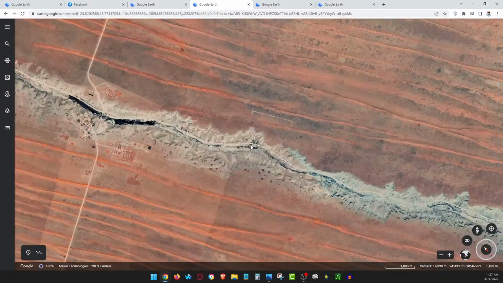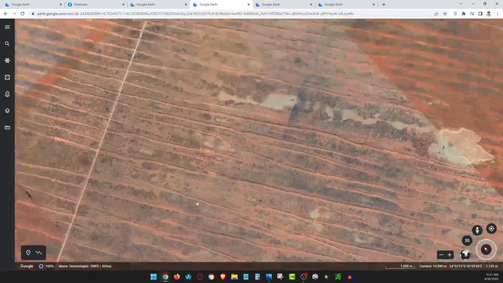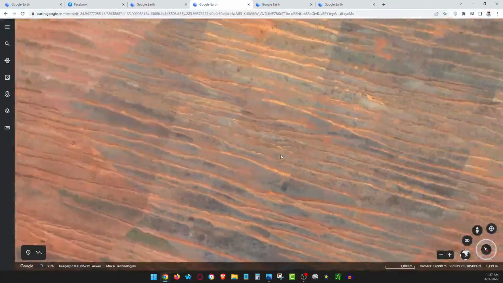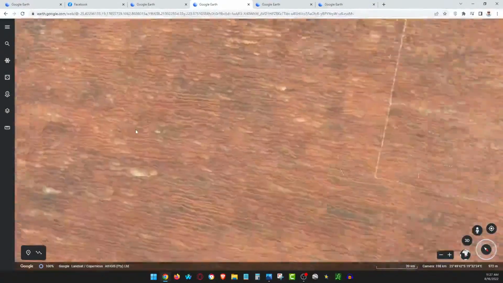That's the river. I want to see these lines next to the river. With all the other stuff I've seen, when I see these straight lines, it just seems a little bit too...